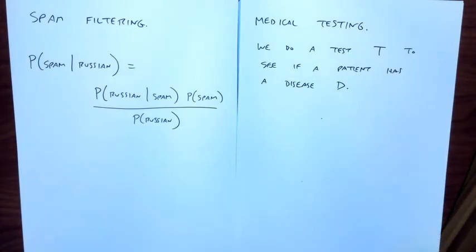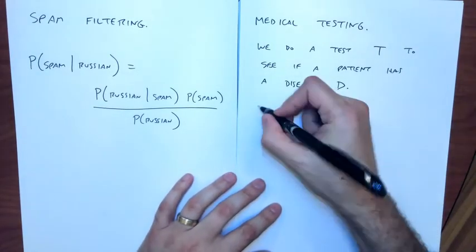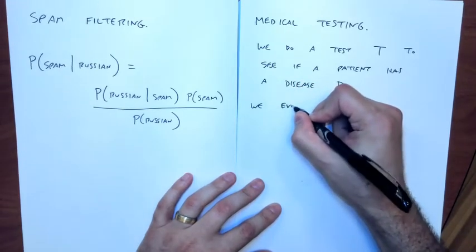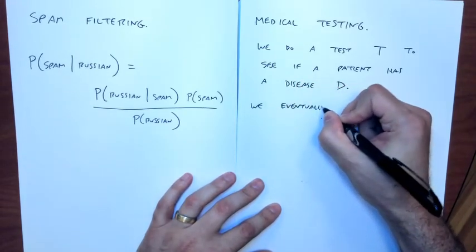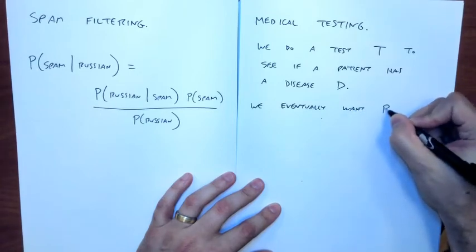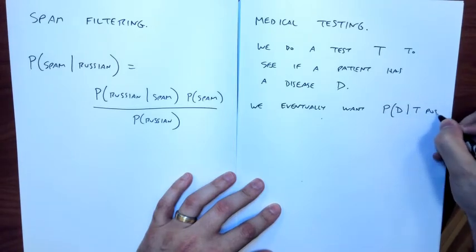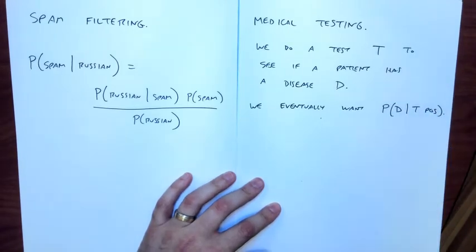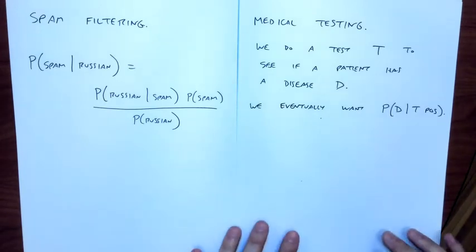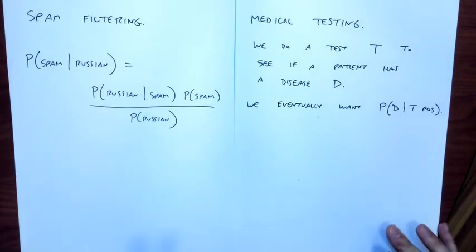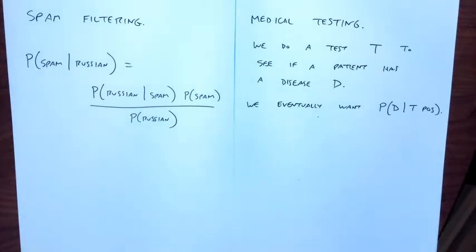So what I want to do is ultimately characterize the probability of disease given that the test is positive. That's the natural thing that the doctor wants to know, to be able to tell: if the test is positive, should I take action or not? And so how would you get all the probabilities that you need to come up with this